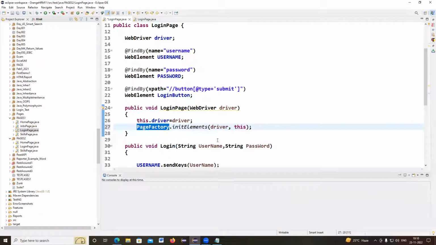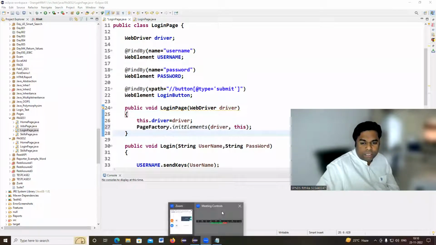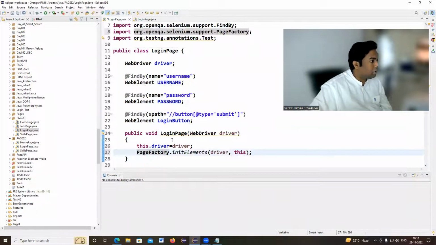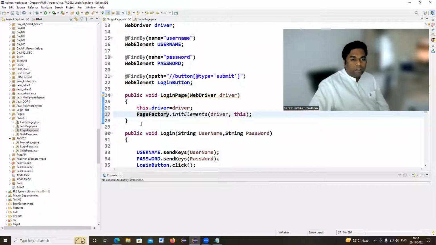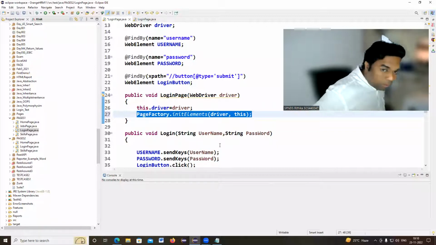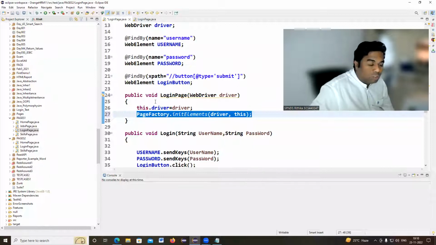This is important: PageFactory.initElements(driver, this). This is the additional line. I will explain it. In every page factory model, we will write it this way. Whenever you are passing the driver to this login page,